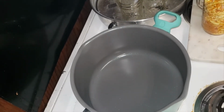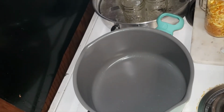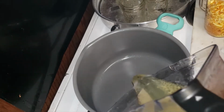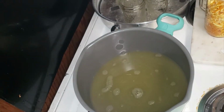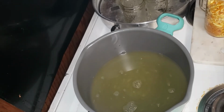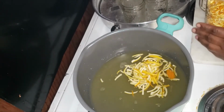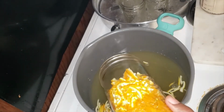Okay, young world. We're going to be putting all our ingredients in the pot except for the sugar. Our 1.5 liters of liquid. Our 1/2 cup of limes. See a little bit of citrus and a little orange in there. Our 2 cups of